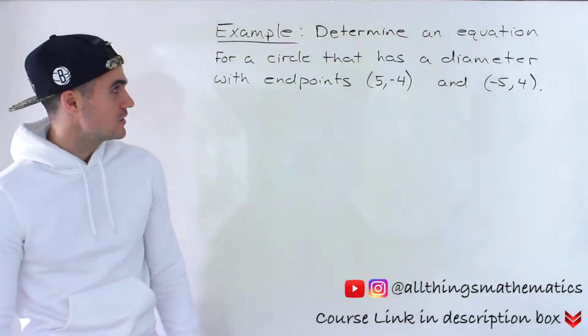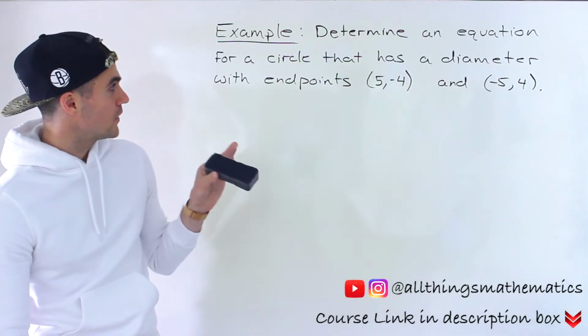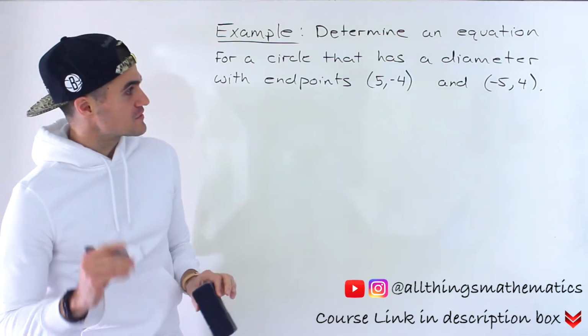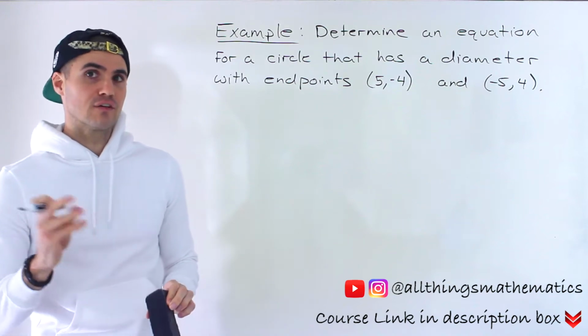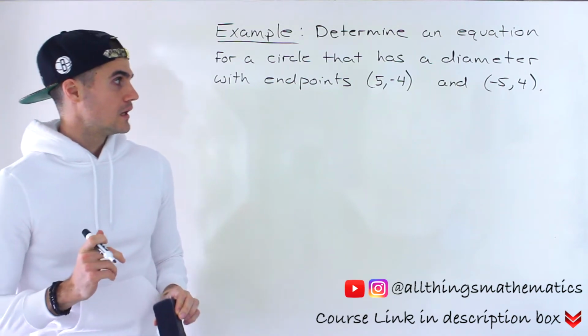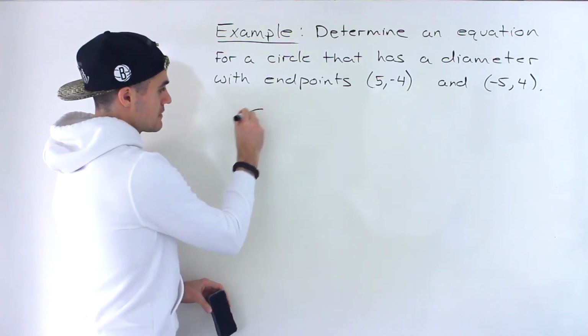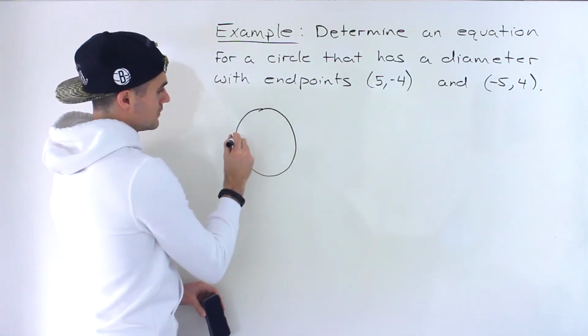Patrick here. Moving on to the next question. We have to determine an equation for a circle that has a diameter with these endpoints, (5, -4) and (-5, 4). Now, first thing I want to mention in this case is that if you're dealing with a circle and